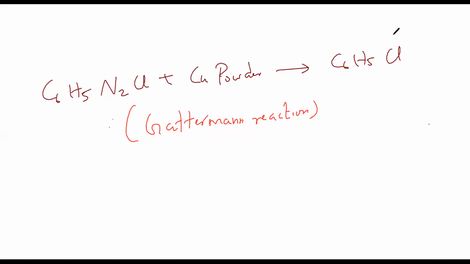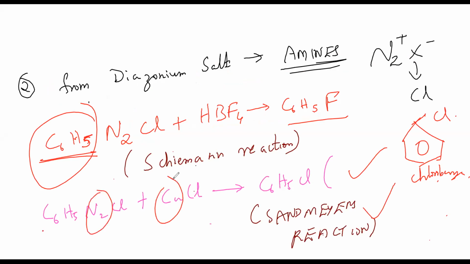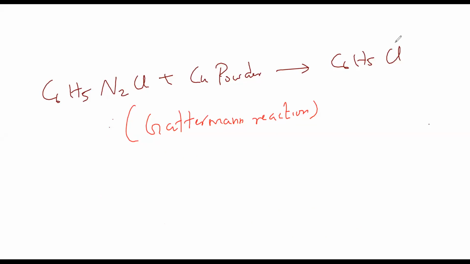So coming to the last thing, here it is a preparation of aryl halides. Correct? With this and one halogen, that's it. Everything is with this and what? Halogen. That's the only thing which I want. Here I am removing this N2, and copper, I am just removing it off, that's all. In Gattermann reaction, again what I'm doing, I'm attaching a chlorine with the aryl organic compound, that's all.